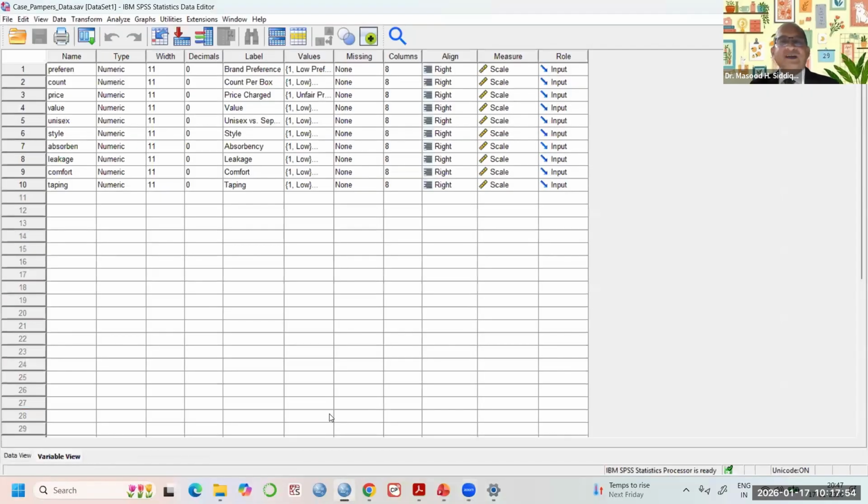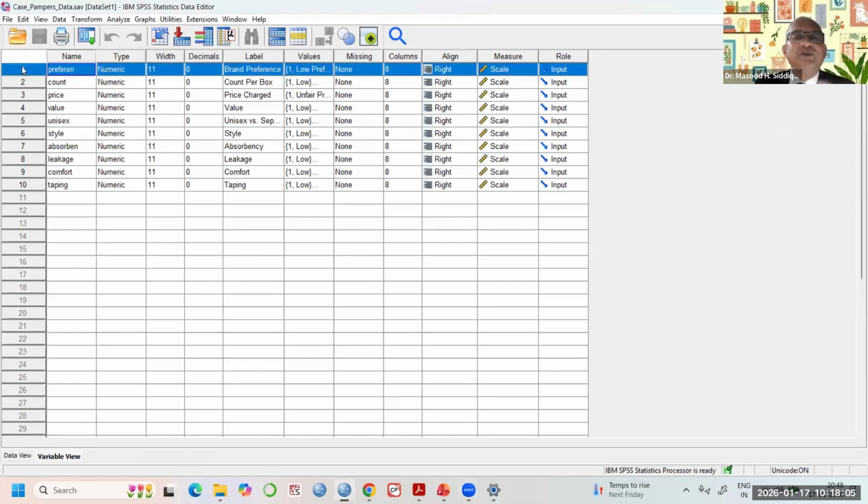So now I'm changing my screen. Okay. So now this is the data set, as it has been mentioned, where we have this preference that is a dependent variable, and